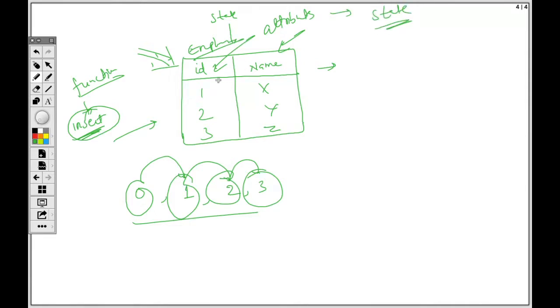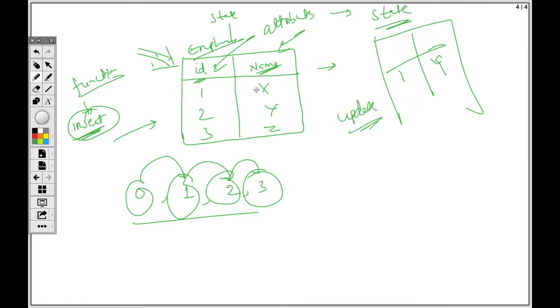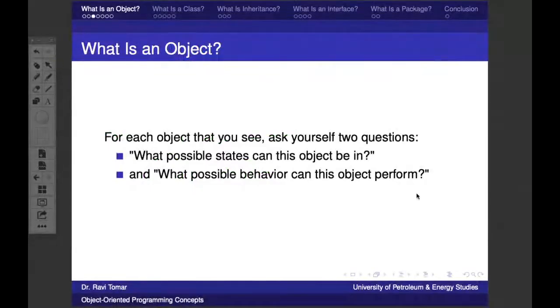These are the individual attributes. Holistically we will say this is in this state right now, later on this is in this state. Maybe later on I update it and I say one is not X, one was Y. This is the new state now. And what we did, we made some update operation over it: update name equal to Y where ID is equal to 1. Right? So this is how all of this would be connected.